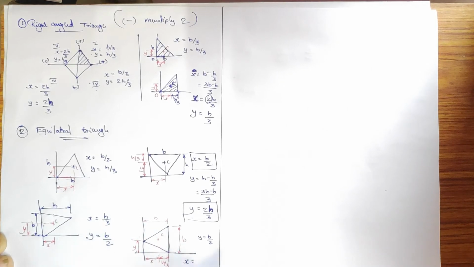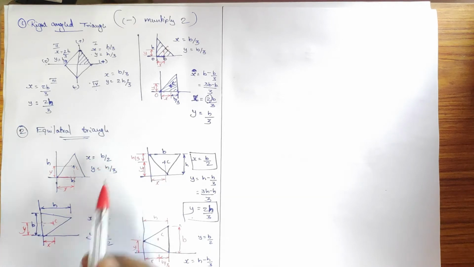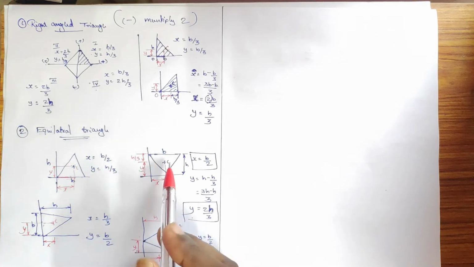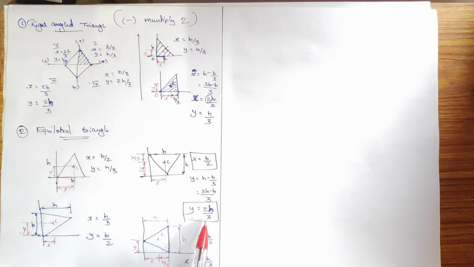So what would be this x? X can be calculated: the total length is h, so h minus h divided by 3, you will get the answer. In a similar fashion you get 2h by 3. So based upon the position, the formulas are changing, so please keep it in your mind. For the normal one, x is equal to h divided by 3 and y is equal to b divided by 2. When it is inverted, the formula is changing: y is the same and x is 2h divided by 3. And when the diagram is left to right,